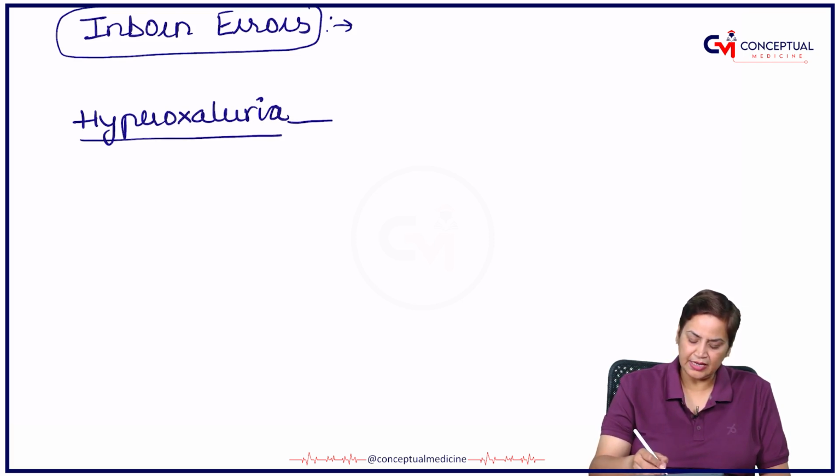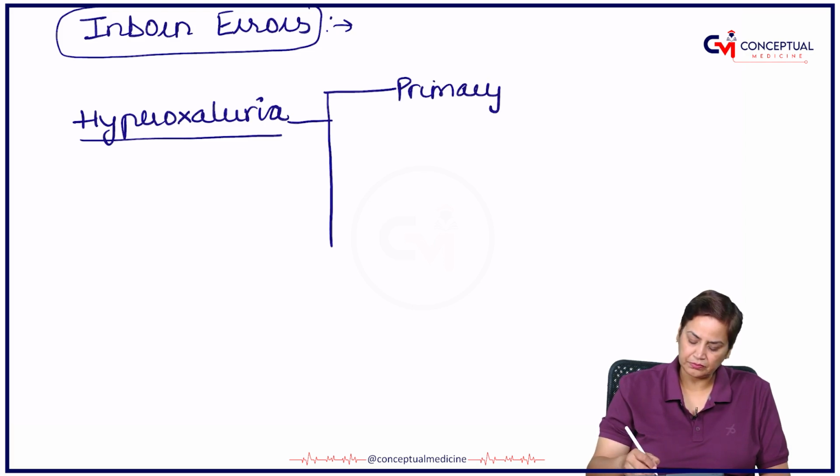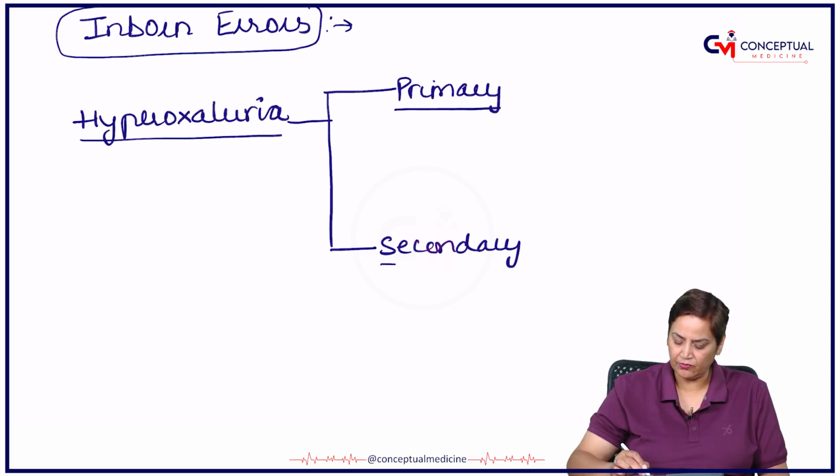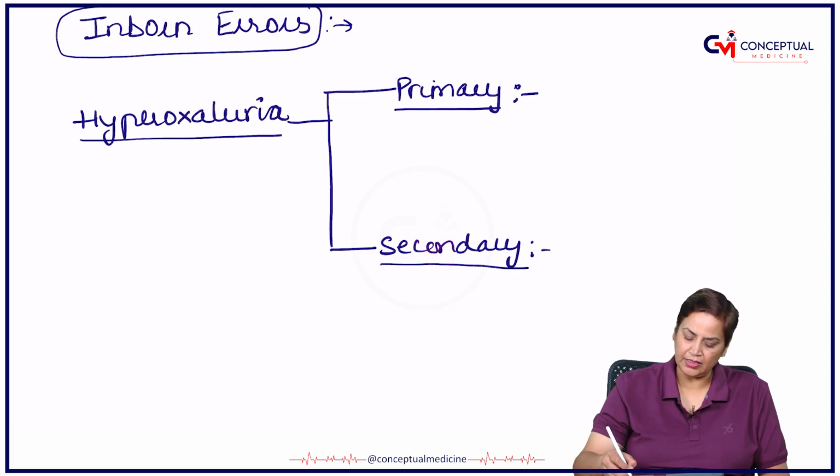It is primary and it is secondary. Now, if we talk about primary oxaluria, it is due to the deficiency of an enzyme. The deficient enzyme here is glyoxylate